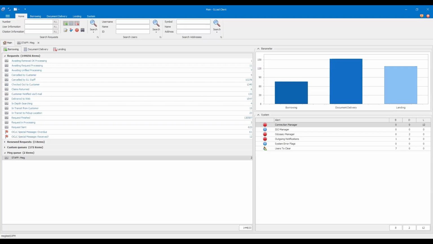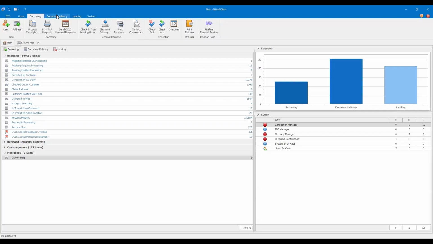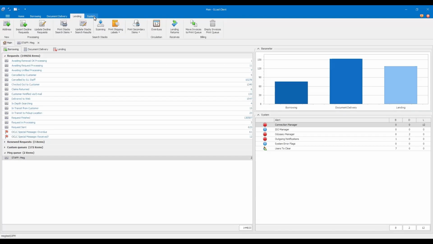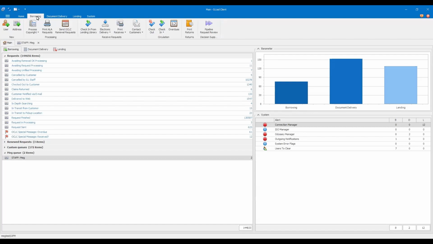Above the search area, you'll see tabs for borrowing, document delivery, lending, and system. When you click on these tabs, you'll see a ribbon that includes processing functions. For instance, in the borrowing tab, you'll see processes like check-in from lending library, electronic delivery, and check-in, among other processes.